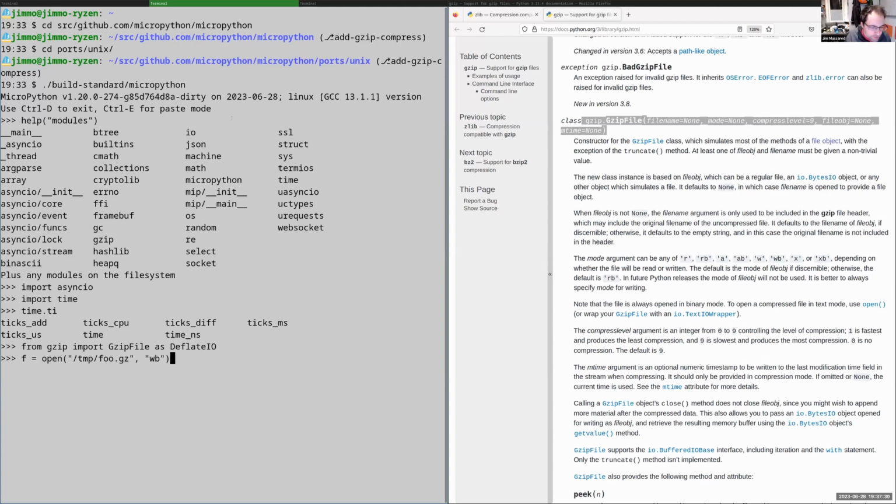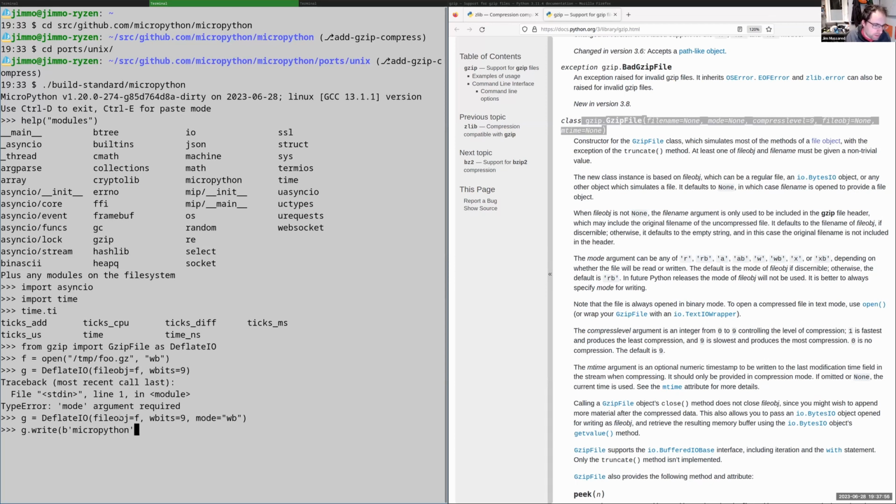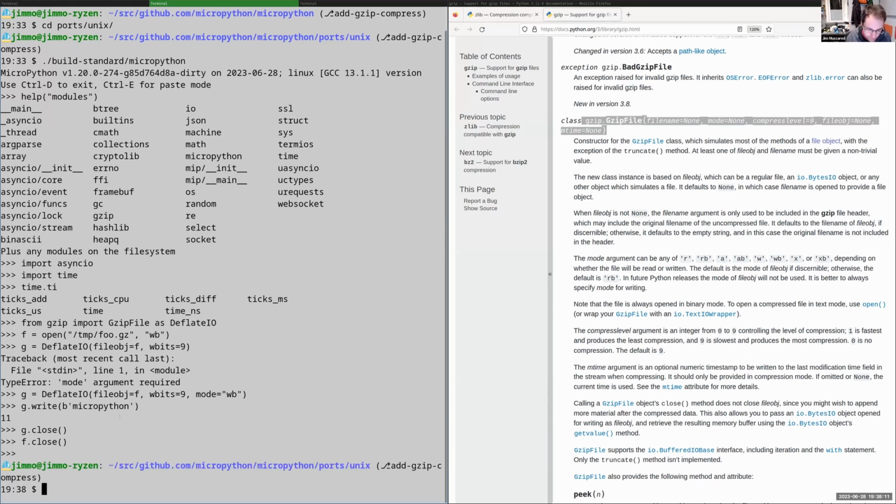I open the file for writing, so the writable stream. So this API here will change in the final version of deflate.io, but that's the rough idea. And then if I do g.write, MicroPython, g.close, f.close, and these support the with statement as well, of course. And then now on my PC, yep, if I do